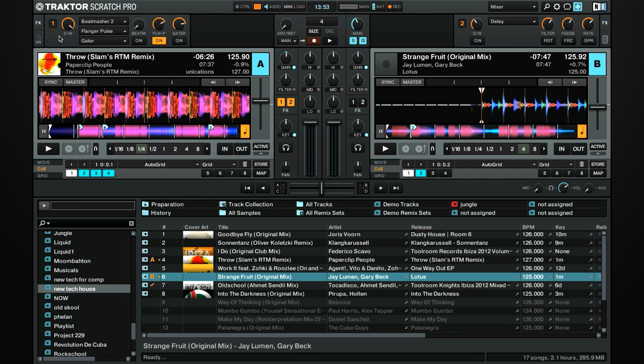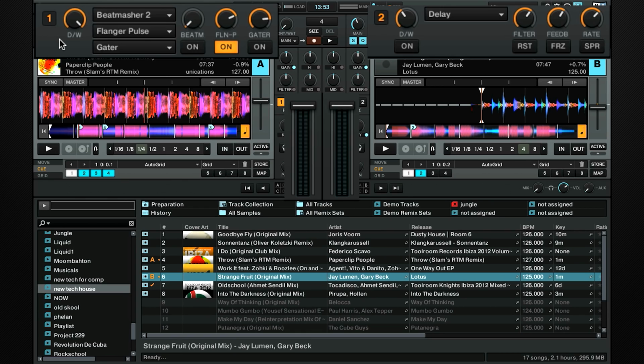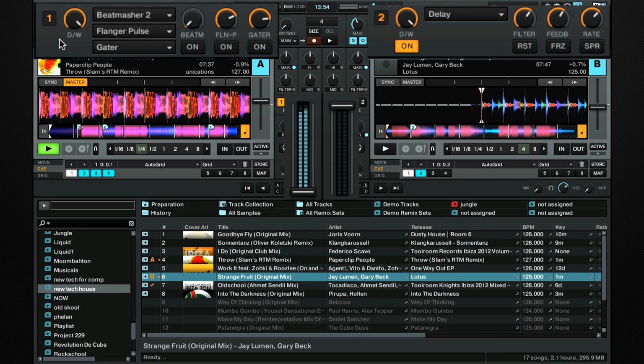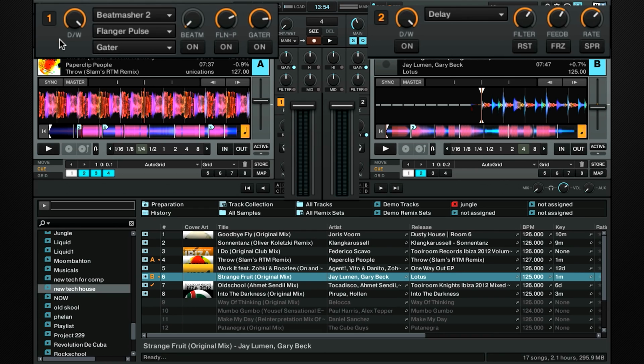But with post faders, if you bring the fader down, the effect will play out. This is really useful if you want to play a delay and then do a drop mix. For example,